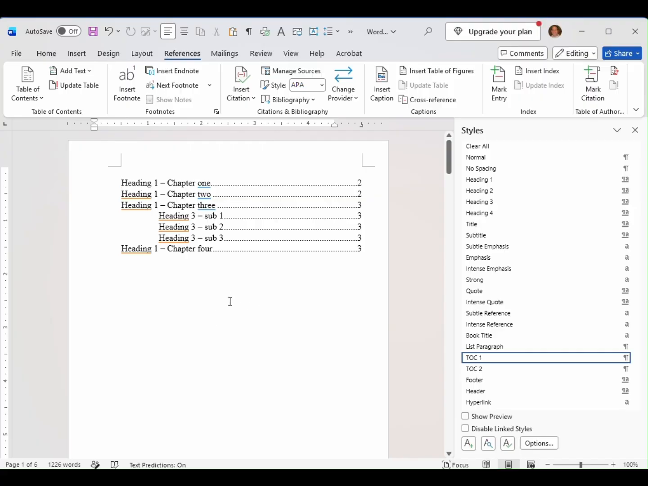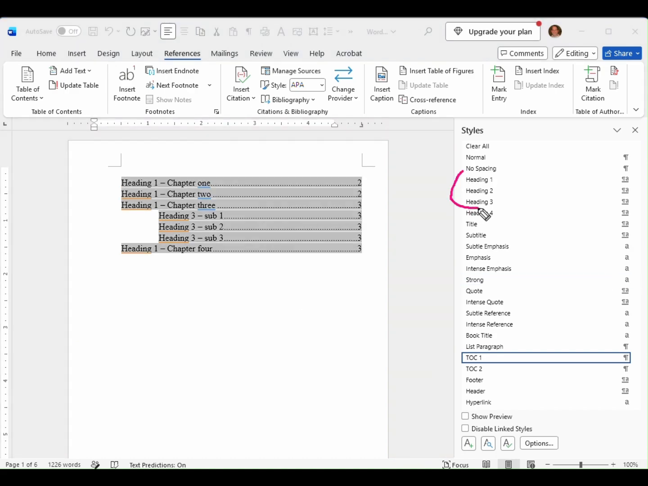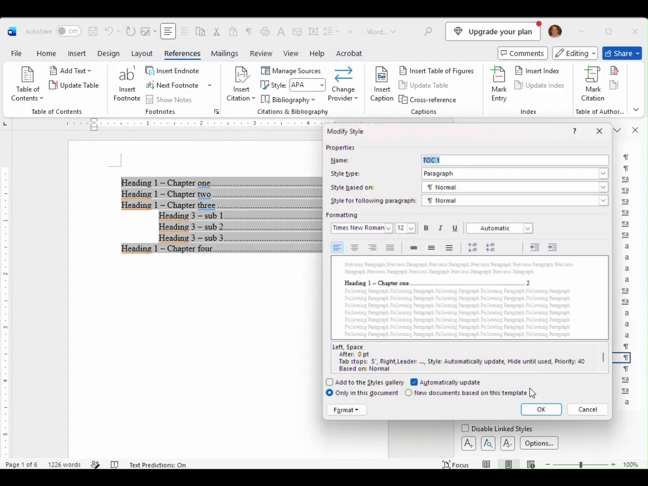Now, to do some of the other things that you might want to do, try not to confuse the fact that you have styles that control what the headings look like in your document. These styles control what the heading entries look like in your table of contents. So if you need to make changes to how the table of contents looks, you need to go to these styles. For example,